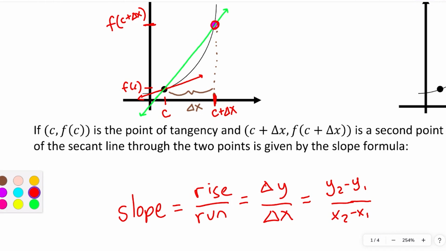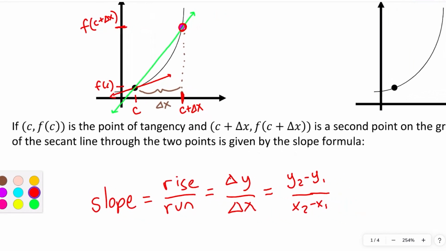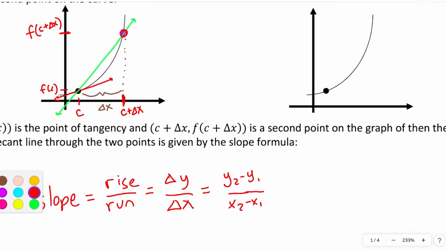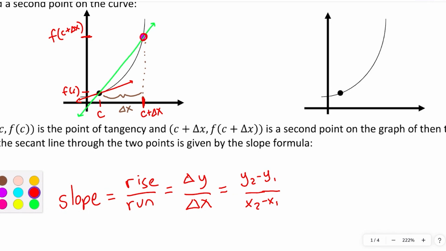Okay, so long story short, you can calculate the slope here between c and c plus delta x. Let me clean up this diagram a little bit. We're going from this point, which is c comma f of c, to this other point. Here's c. This point would be c plus the change in x. So the x value here is c plus the change in x, comma,